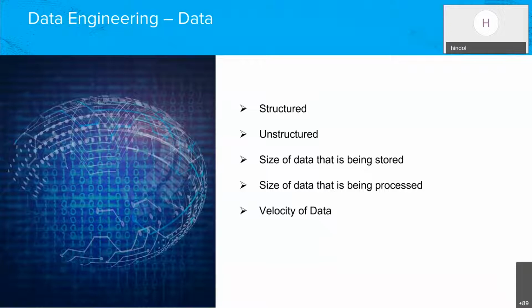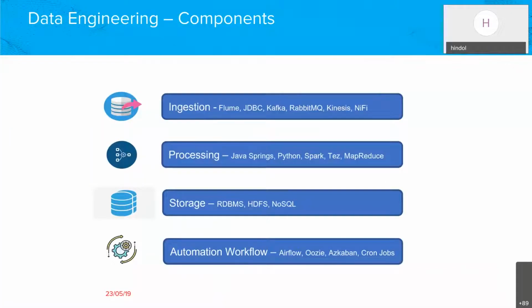The other is the velocity of the data. For instance, we spoke about data which is streaming, meaning data which is coming very frequently. That is another characteristic of the data which dictates how we will create our engineering architecture. So these are the 3 components which determine how we will create our architecture. Now I'll hand over to Bijoy to talk about how we will create